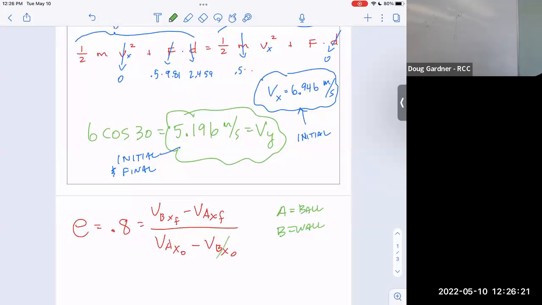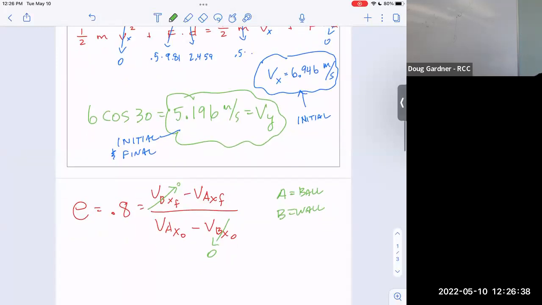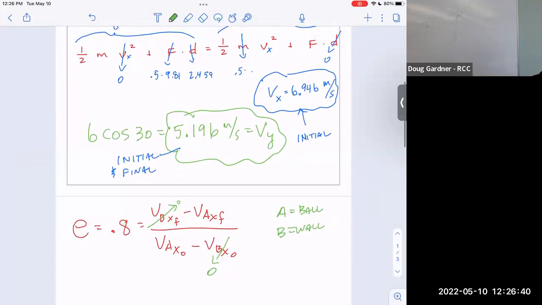It's not moving. You agree with that? So the wall never went anywhere. Notice in this case, that 80% is literally just the percent, because that other one didn't move. So I do have my initial, and that's why I took the time to write that in. I do have that this initial speed right here was